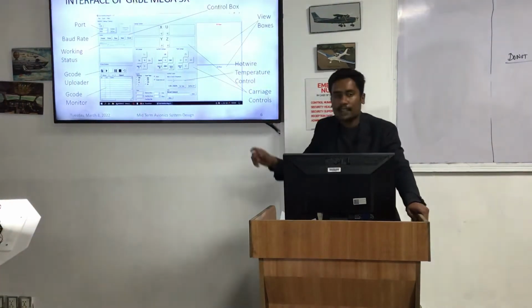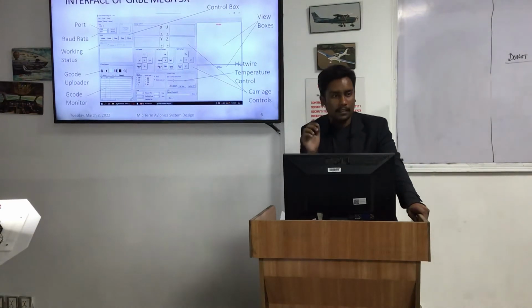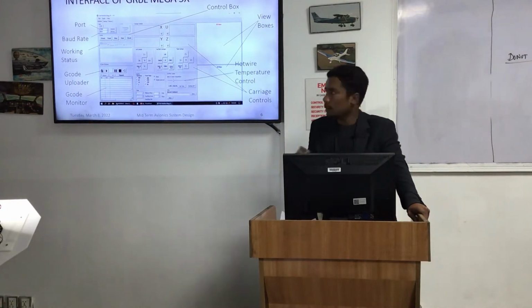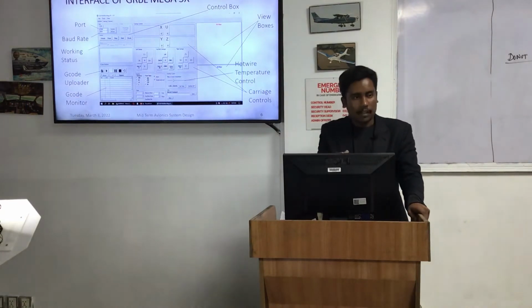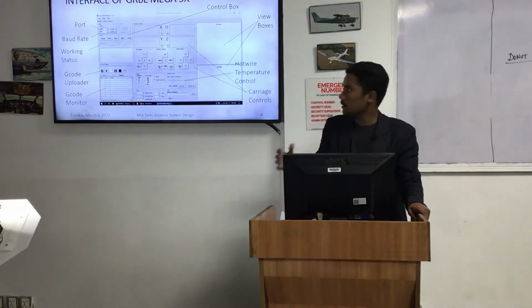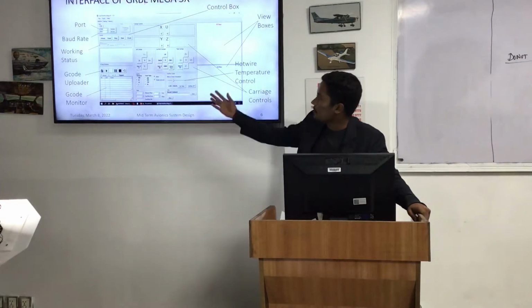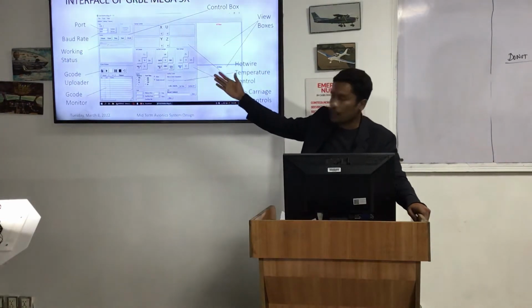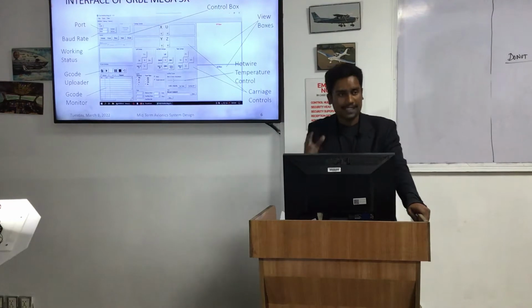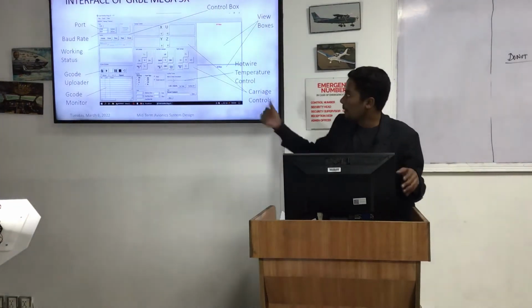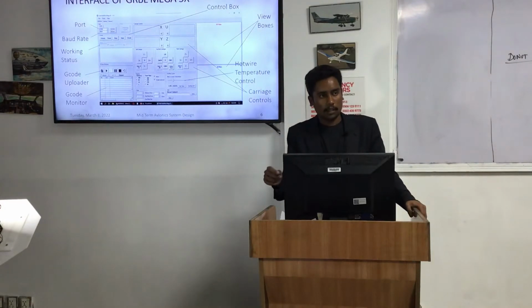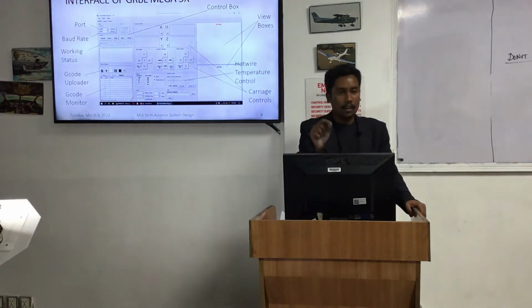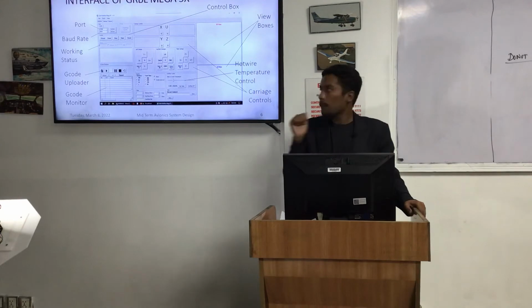Baud rate is the rate of transfer of information, the speed at which the information is transferring. Then there is a working status. Working status shows us the working status of the GRBL Mega 5X, whether it is idle or running or not running.